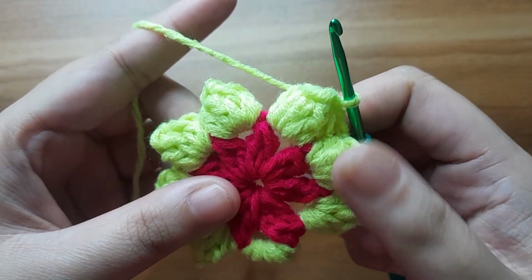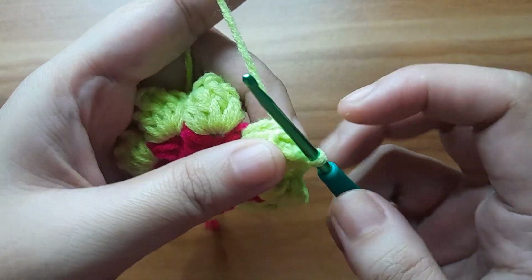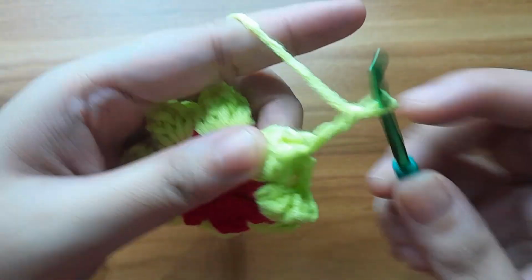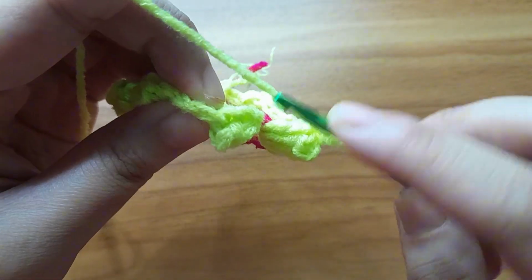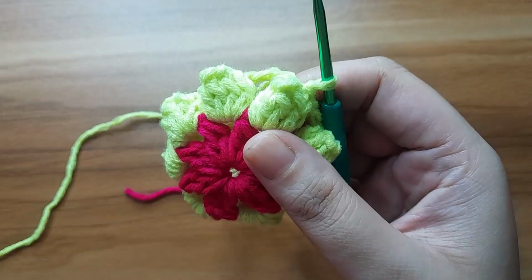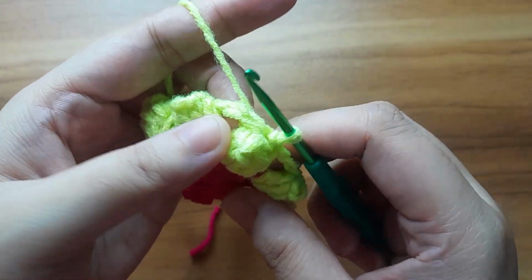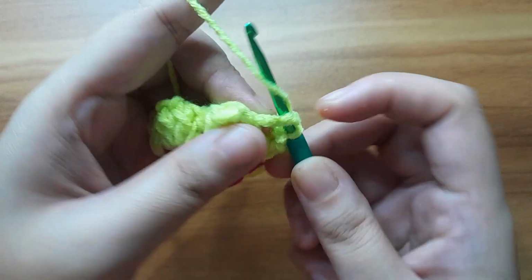So here I have completed all the popcorn stitch. Now in the last, make 3 chain and slip stitch in this back side of first popcorn stitch. So now work for round 3. So slip stitch in this next chain space,